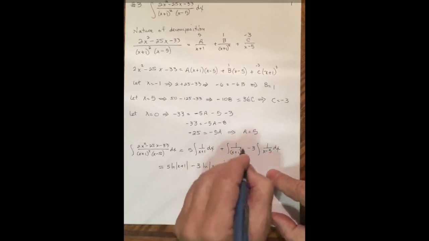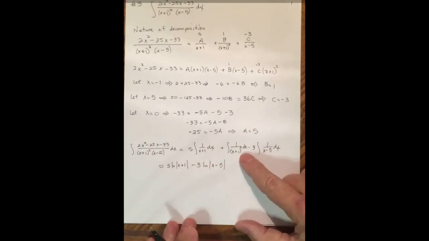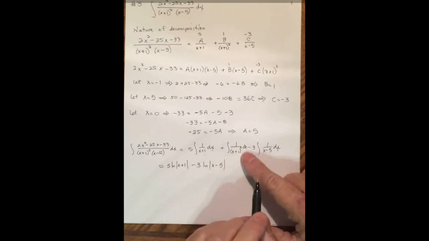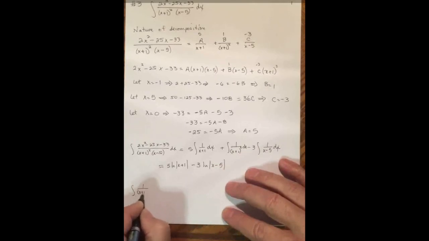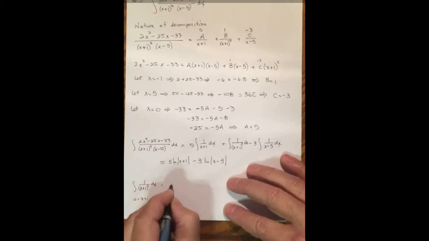But what's this term? Ooh, I forgot the dx. Here I am, fussed at y'all, and I forgot it. How did we do the middle term? Okay, well, let's work it right down here. No one's watching. We'll do it right here. This is 1 over x plus 1 squared dx. I'm just going to use substitution. If I let u equal x plus 1, this becomes the